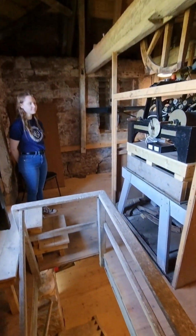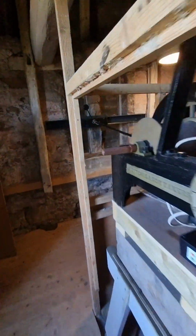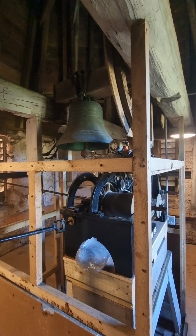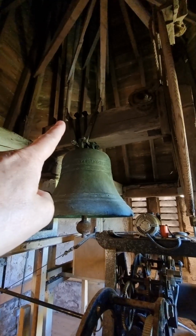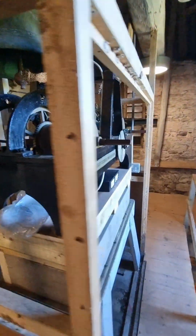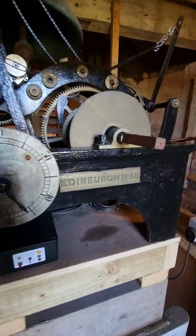Now sadly, we're not at the right time for this, but we just heard it, and I did take a snippet, so I might be able to paste this into here and cut it into there, but this is the mechanism itself. The bell's sitting right here. You can see they've put new strapping to hold the bell, but they've left the original strapping on there as well, just of historic interest. But this was all restored and brought back to life originally